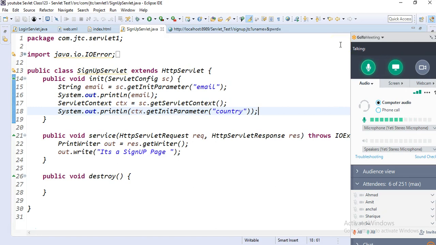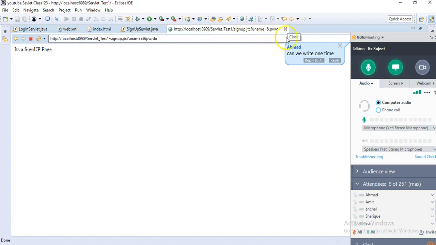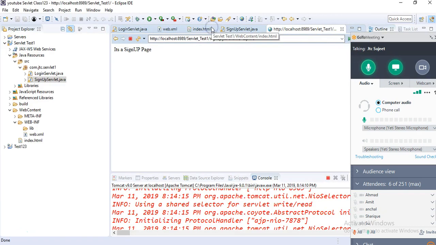Your question is not clear here. Okay, the next one, anyone. Ahmad, what do you want to write one time? Write in Hindi itself. I am not writing more than once. For a particular servlet, I am writing once only. I am not writing more than once. So see guys,